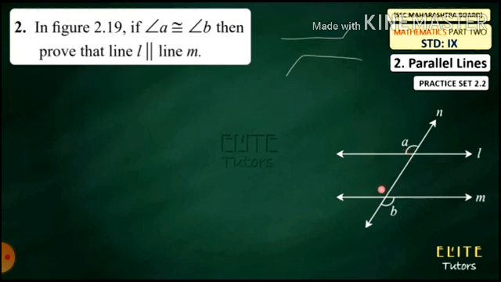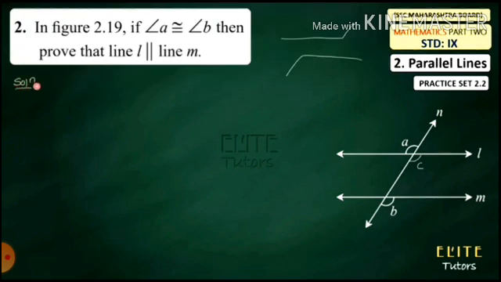Similarly, angle B. If some angle were given here, then we could prove the corresponding angles, and if both angles are congruent, then the lines are parallel. So, students, in this figure only two angles are given, so we will suppose this is angle C for our solution. So C and B are corresponding, and A and C are vertically opposite.